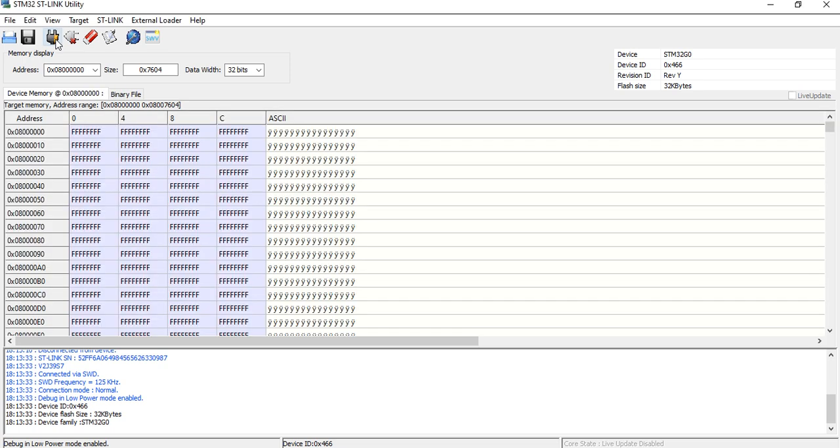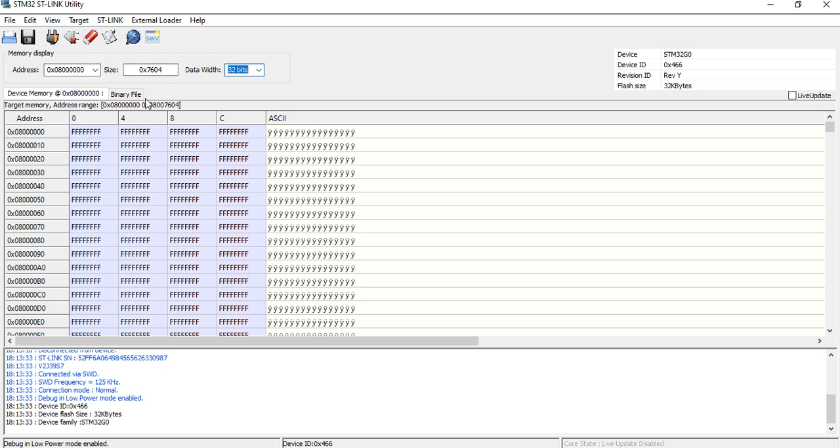Again I connect it. The device family, STM32, will show like that after the connection. After the connection, you have to select the file. The address is selected automatically, it will detect the size automatically, and the controller it will also select. If it is not selected automatically, you can select here what type of controller you have, whether 8-bit, 16-bit, or 32-bit. Based on this you can select.